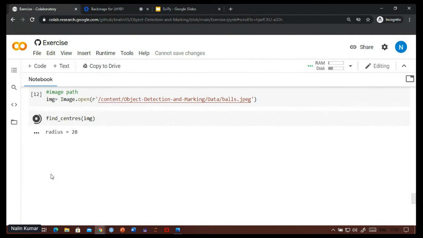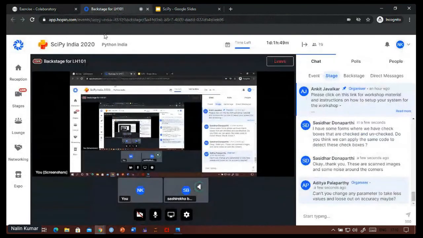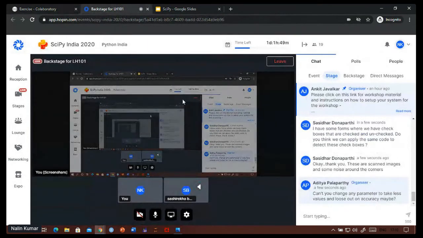Aditya says, can't you change any parameter to take fewer values and lose out on accuracy maybe? Yeah, obviously we certainly can do that. Like the sliding window, you can increase the stride.